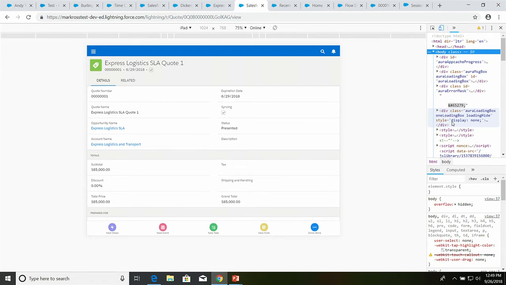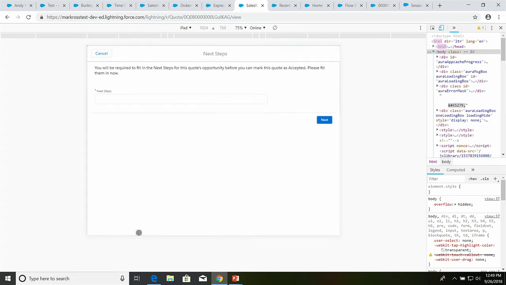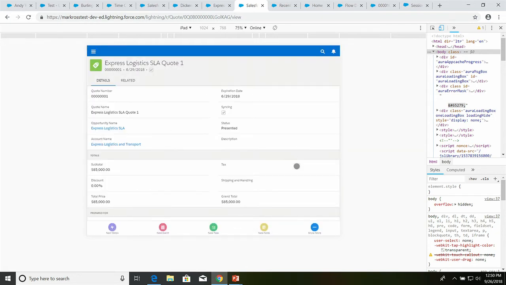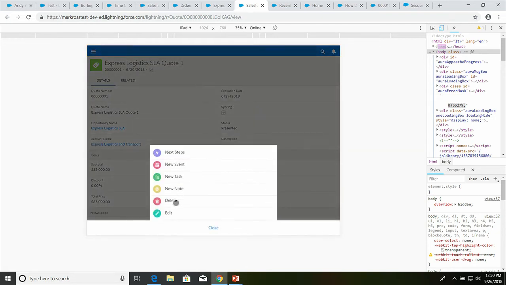So how do we rectify this? Well, there's a little action I have here at the bottom, and it is a next step. It's a bit hard to read, but this says next steps. Now, if I click on this, it's just running a flow. I'm running a flow in a mobile environment, and all it's doing is saying, hey, can you put in your next steps? So if I go ahead and put those in and hit next, that will save them, and then from the mobile client,